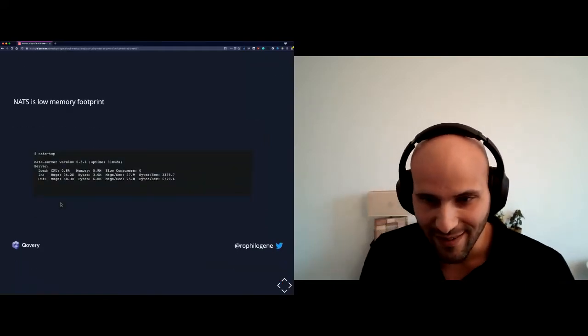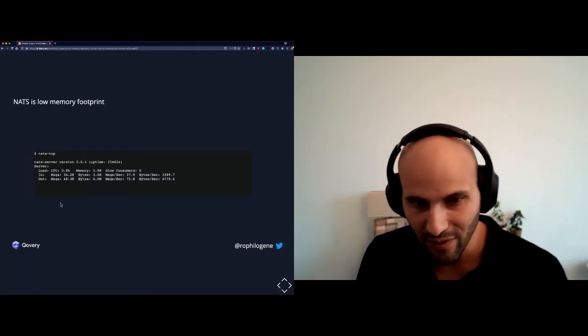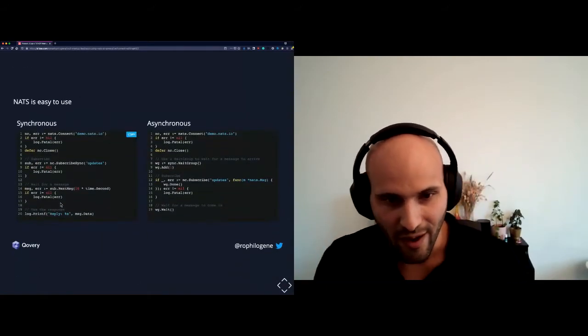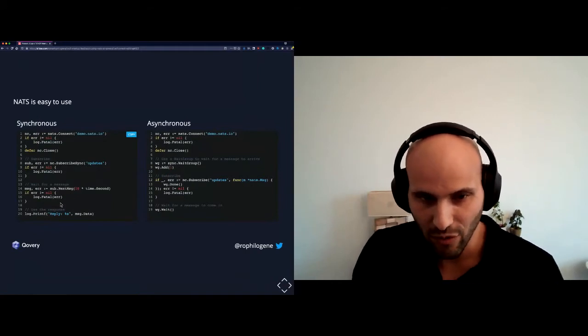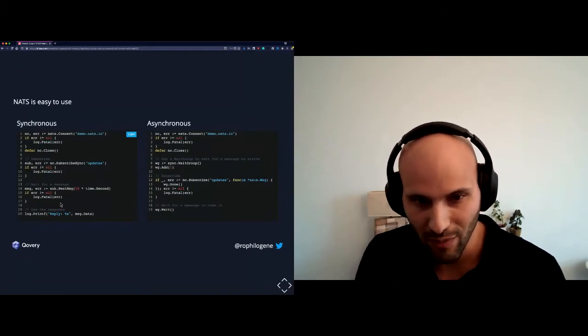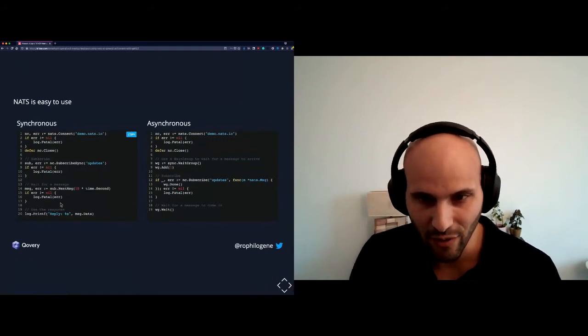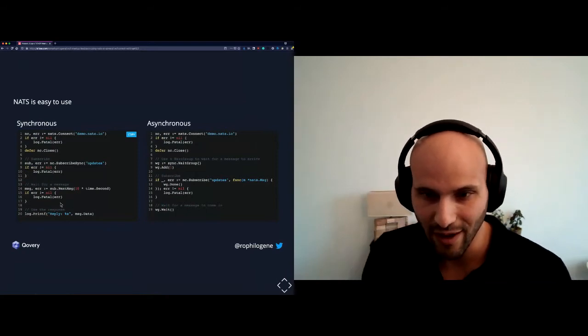NATS is also a cloud native messaging solution written in Go, very lightweight in terms of memory and CPU consumption. That's very important. All the most popular programming languages are officially supported by the maintainers of NATS, but you also have some contributions from outside that are available.